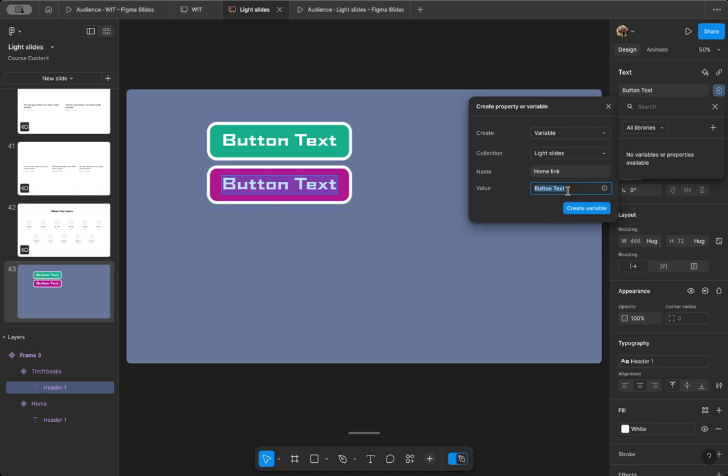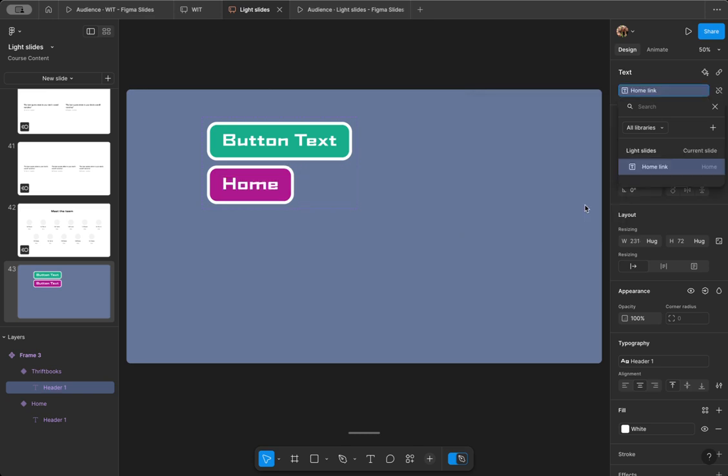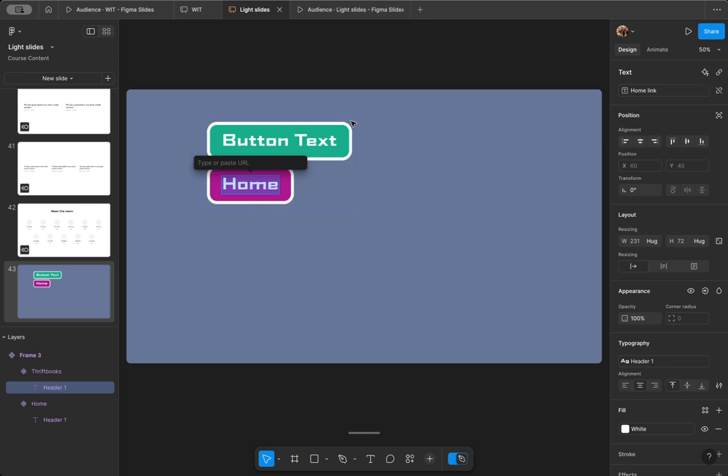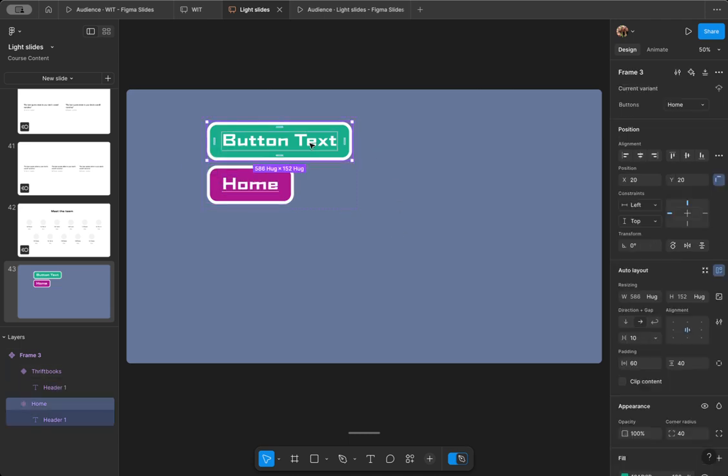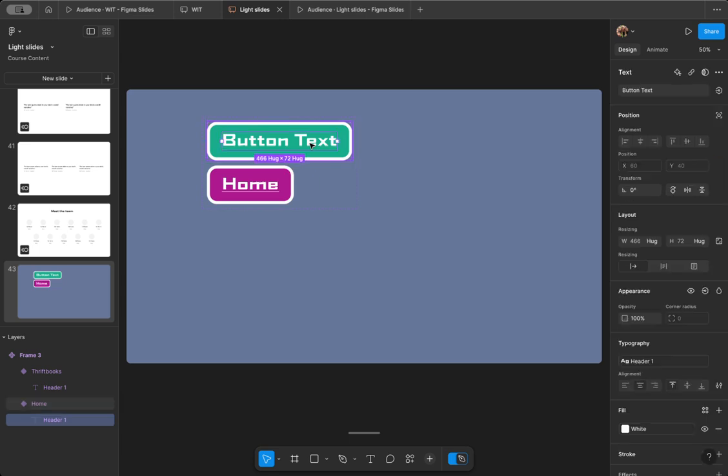And then I could just have the words home, but it doesn't actually give me a link. It changes the text, and then I can add a link and make this go somewhere. Okay, and then same thing here. Maybe this one,